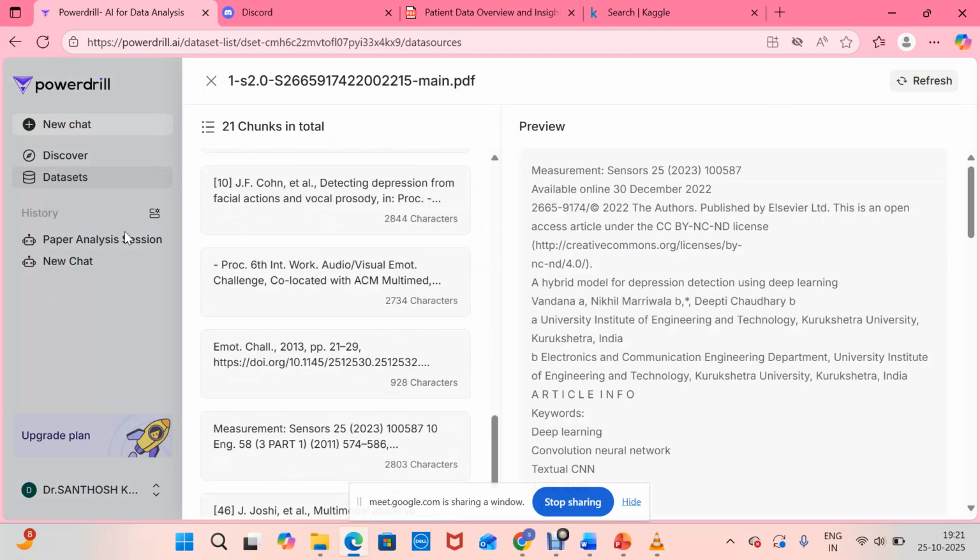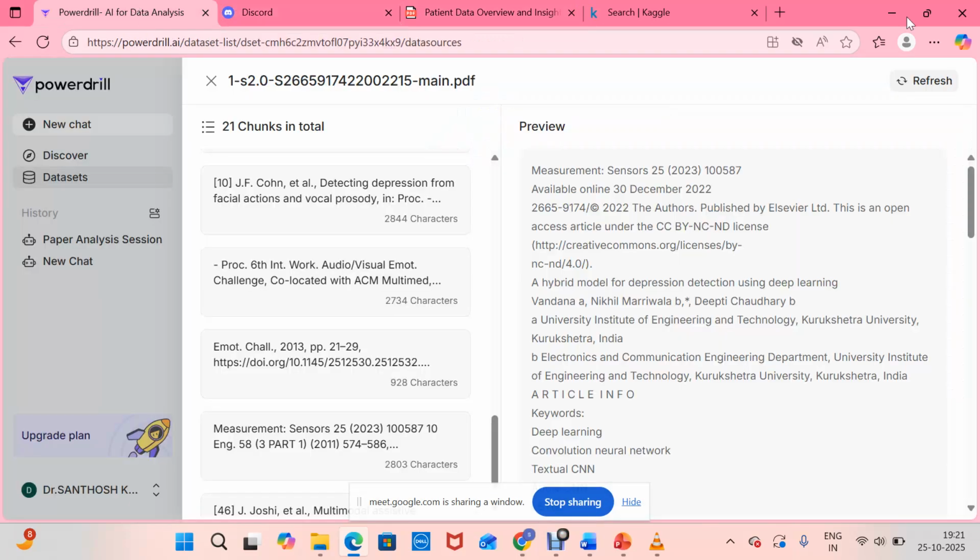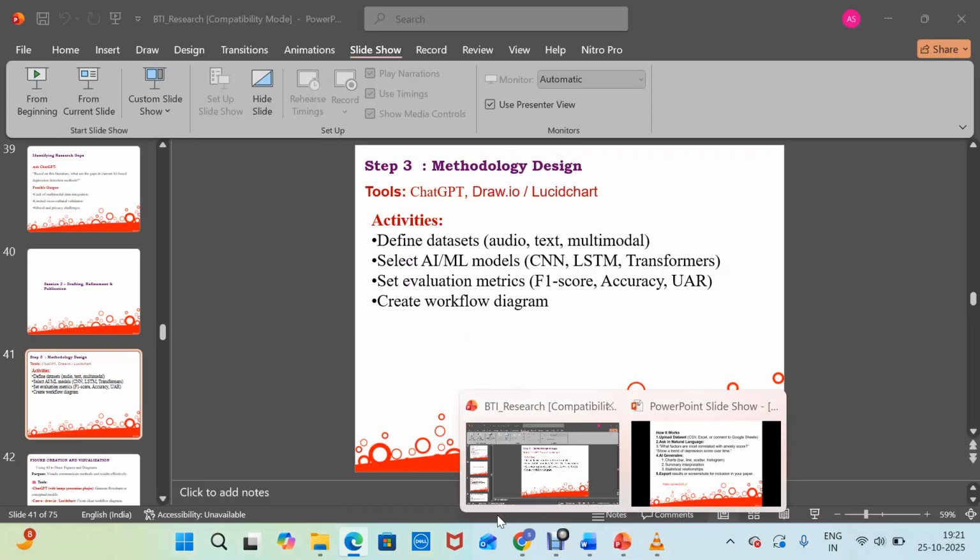Okay, sir. Thank you. So this is the PowerDrill tool which we can use for seeing visualizations, and we can ask it any doubts we have. We can upload new data sets and get the summary or any visualization charts we want with this tool. I have given just an overview of this tool. You can just work it out and get it done. We will move on to our PPT again.